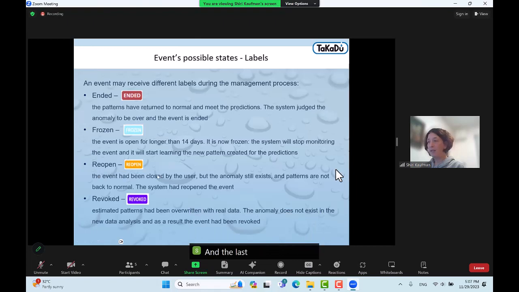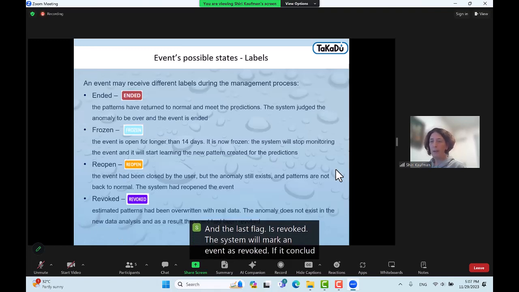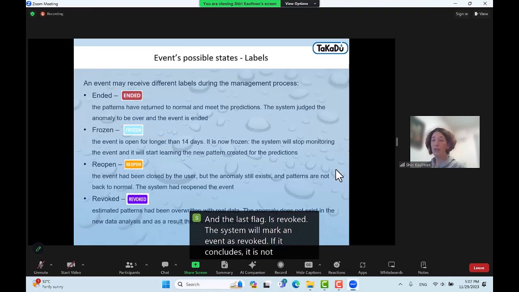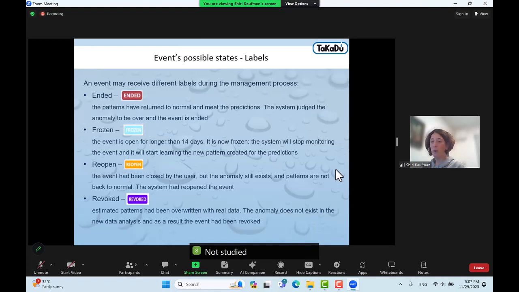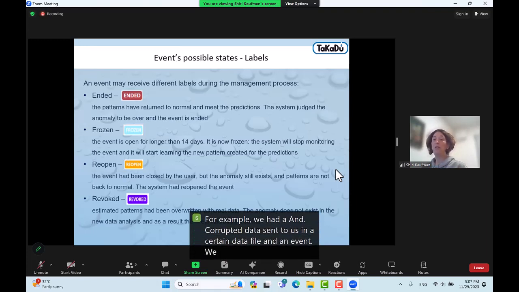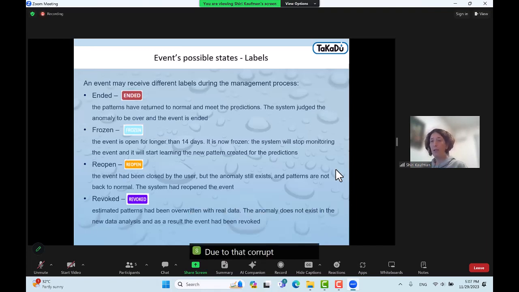And the last flag is revoked. The system will mark an event as revoked if it concludes it is not relevant, not that the anomaly is gone, but that the event is not relevant based on processing of new data. For example, we had corrupted data sent to us in a certain data file, and an event was raised due to that corrupted data,